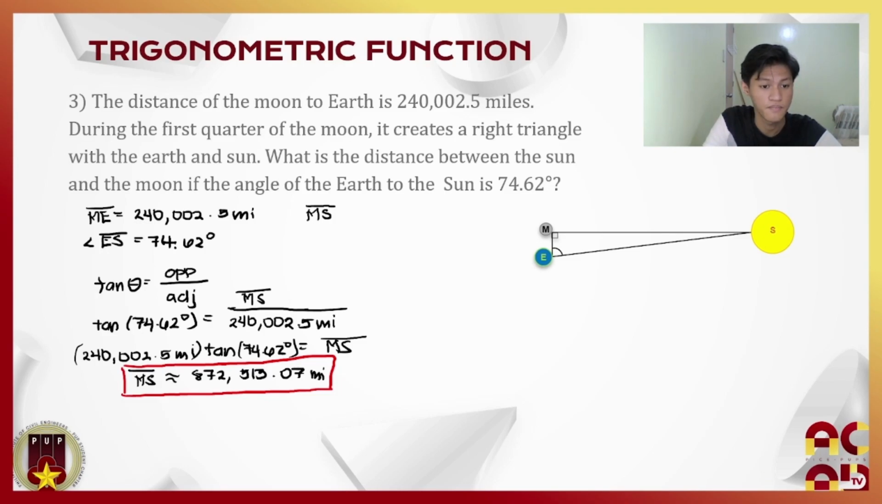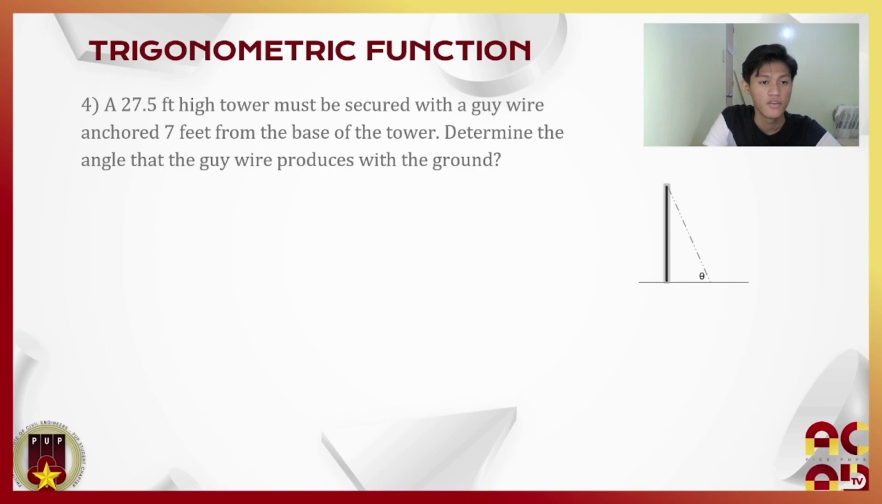So, next. So, here, a 27.5 feet high tower must be secured with a guy wire anchored 7 feet from the base of the tower. Determine the angle that the guy wire produce with the ground. So, bago natin to isolve,